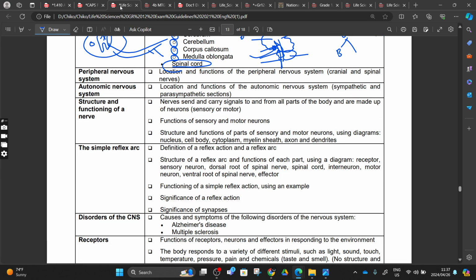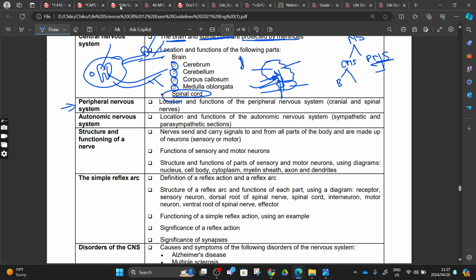Let's move. Peripheral nervous system, we did this. The peripheral nervous system is divided into two parts, a sensory neuron and a motor neuron. This motor neuron is divided into two parts: one going to the somatic nervous system, which goes to our voluntary muscles, and the other going to involuntary muscles, which we said will be the autonomic nervous system. The autonomic nervous system divides into two, sympathetic and parasympathetic. We did this, right? And then autonomic nervous system, we also did this, but we have to know the location